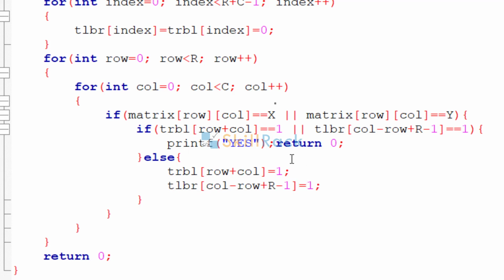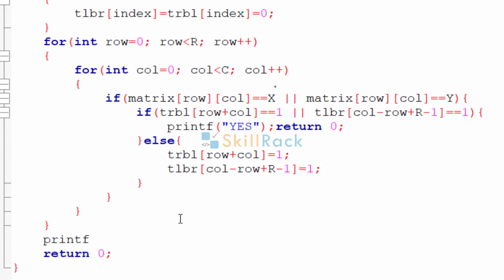That is, we are marking in that particular diagonal when one of the values has occurred. If the second value has occurred, we are printing yes and we are returning. So finally, it will come here only if x and y have not occurred in the same diagonal. Because if it has occurred in the same diagonal, it will print yes and return and the program will terminate, right?